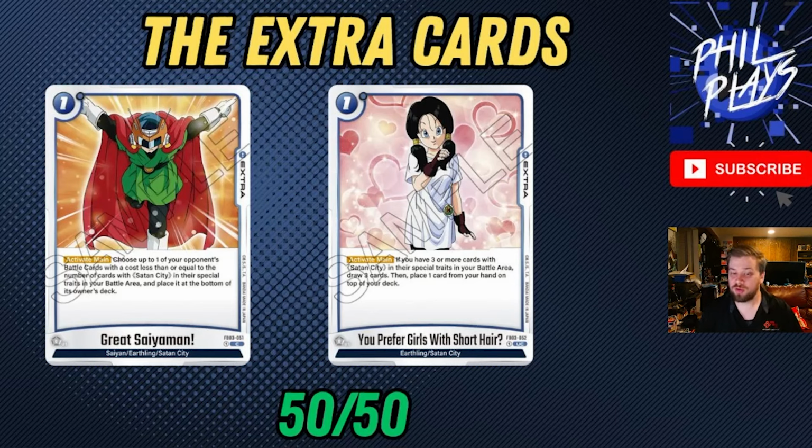Next, you have You Prefer Girls with Short Hair, a 1-cost activate main. If you have 3 or more cards with Satan City and their special traits in your battle area, draw 3 cards, then place 1 card from your hand on top of your deck. Essentially, this is a pay 1, draw 2, because you're drawing 3, but then you're putting 1 card back on top of your deck. Now, there is more potential for this card to do well, but